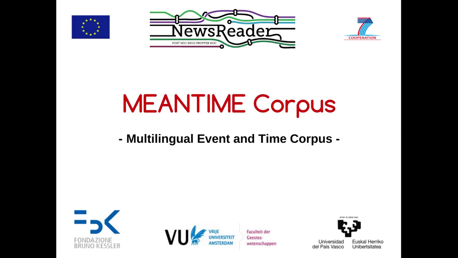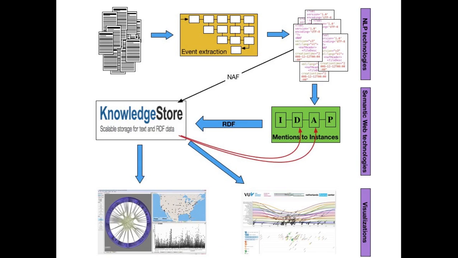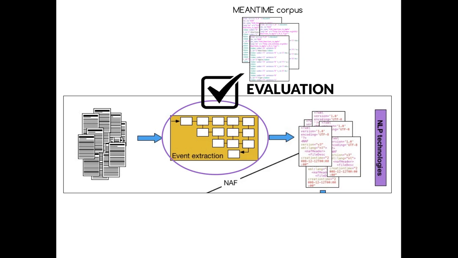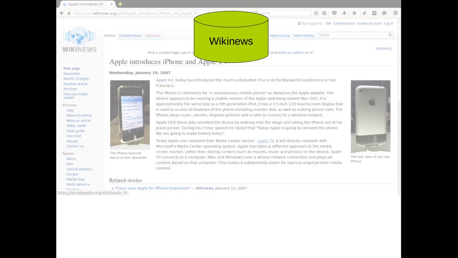The NewsReader MEANTIME corpus is a semantically annotated corpus of 480 news articles in English, Italian, Spanish, and Dutch. Within the NewsReader project, the MEANTIME corpus has been created as a benchmark to evaluate the event extraction pipeline. The MEANTIME corpus is composed of news articles taken from Wikinews, an online multilingual collection of articles written in a